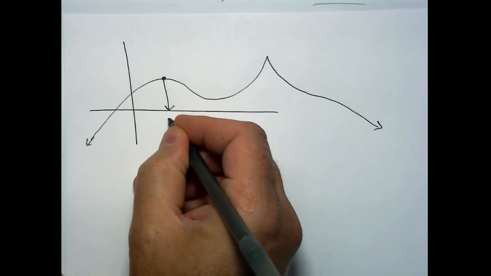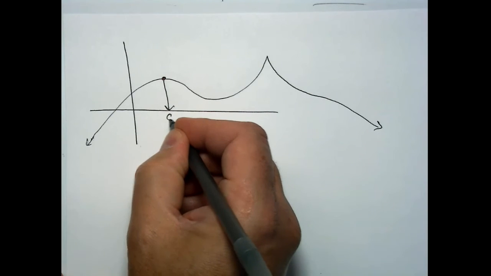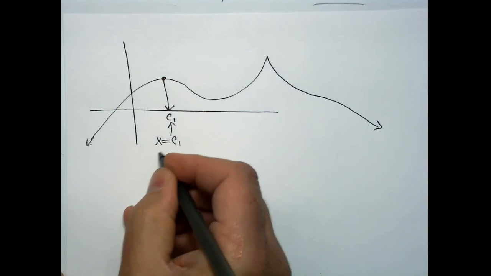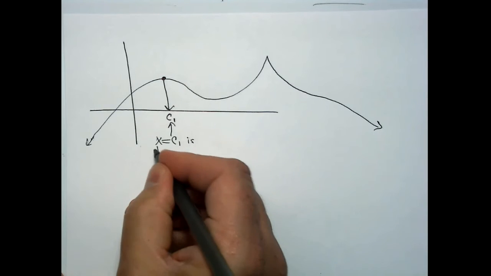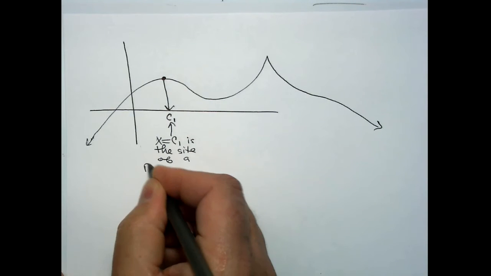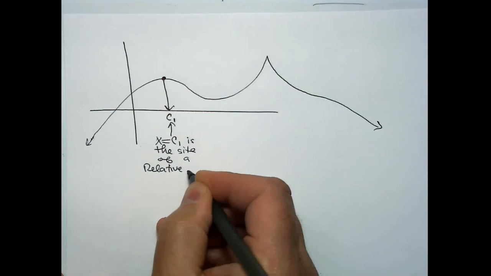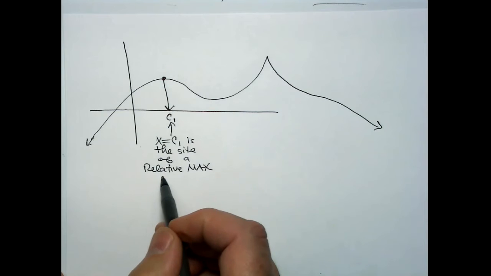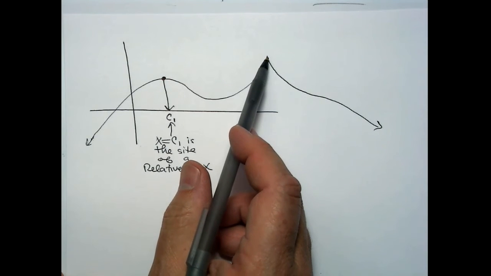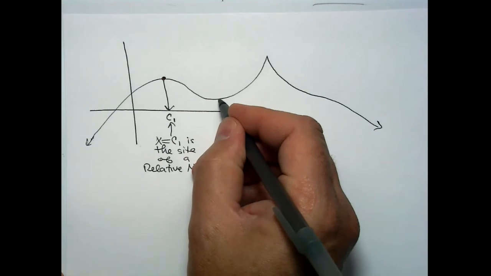This is x equals C1, let's say. X equals C1 is the site of a relative maximum. I certainly wouldn't call it the absolute max because that looks like the absolute max to me over there. Right here,